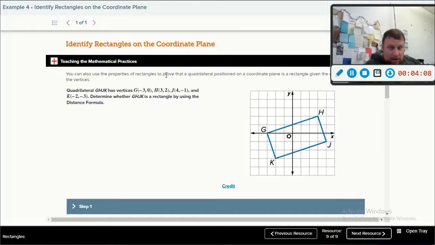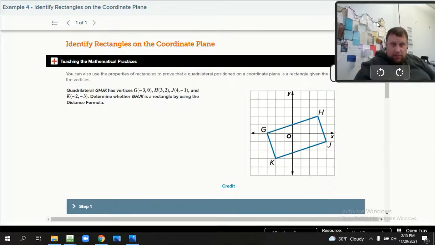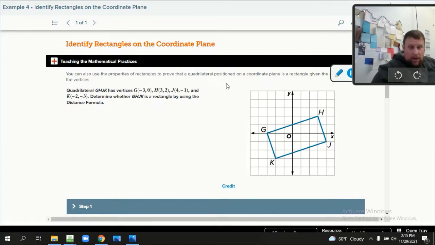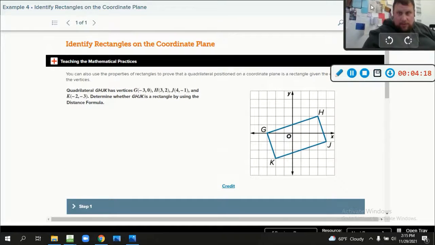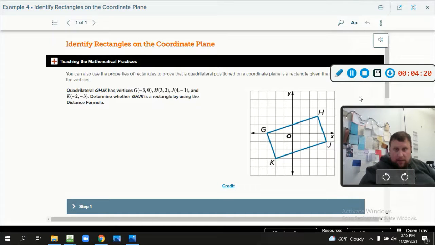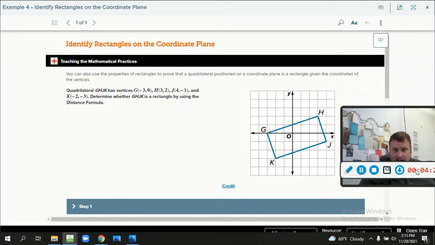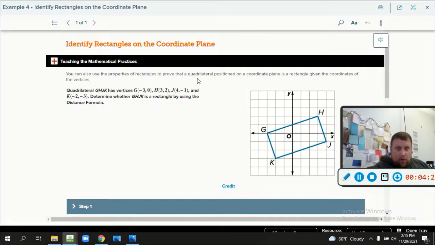All right, you can also use the property of rectangles to prove that a quadrilateral positioned on a coordinate plane is a rectangle given, gotta move stuff out of the way, sorry, covering up my givens, the coordinates of the vertices. So quadrilateral GHJK has vertices at